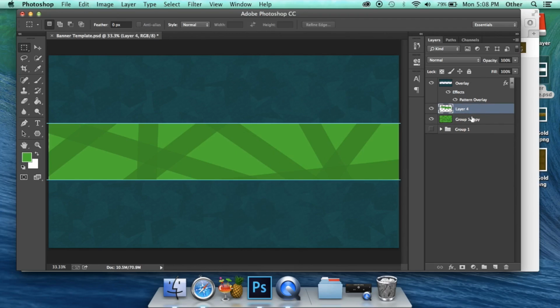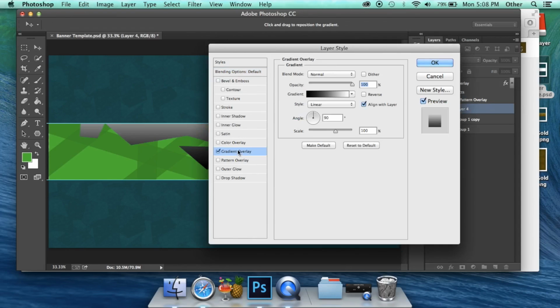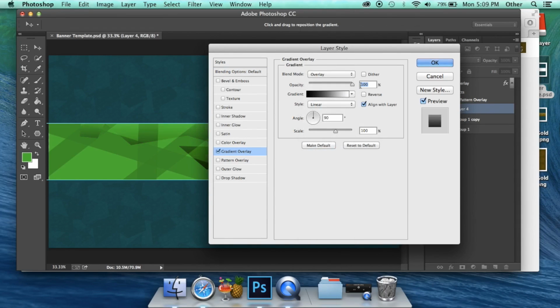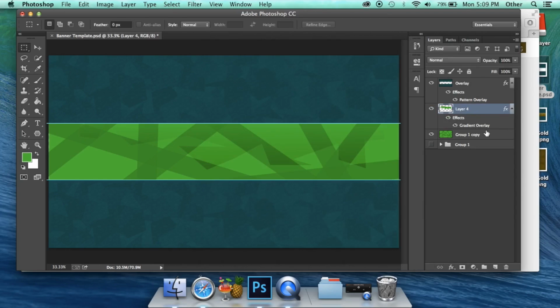Excuse me, guys. Now with this layer 4, what we're going to do is double click it and come into gradient overlay, turn it into overlay mode, and make the opacity down to, we'll say 30, and you can do a stroke. Let's not do a stroke. And then what we're going to do is